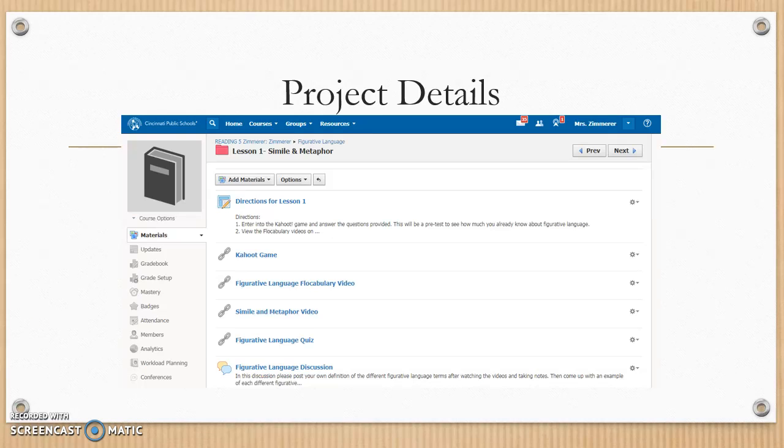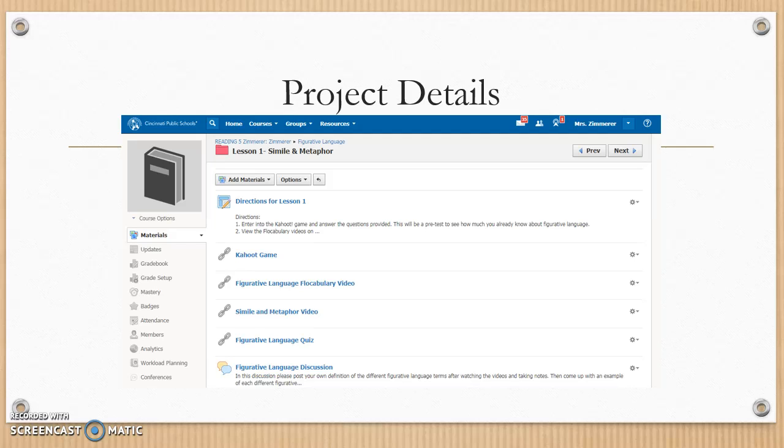So you see on this image is one of my lessons. So I had 3 units: figurative language, literature, and informational text. And so this one specifically is the figurative language, and then I have clicked on lesson 1. And so within each lesson, there are the directions for students. So there's different games and videos and links that students interact with and use. Since it's a blended learning environment, there are some things that they're going to fill out and submit paper copies to me, but then there's also things that they'll submit online. So you can see down at the bottom, there's figurative language discussion, where students would discuss with other students in